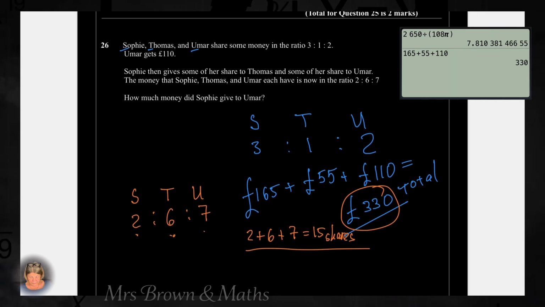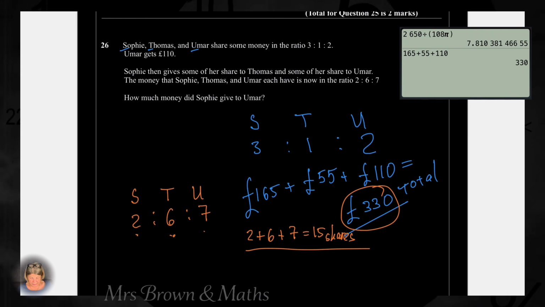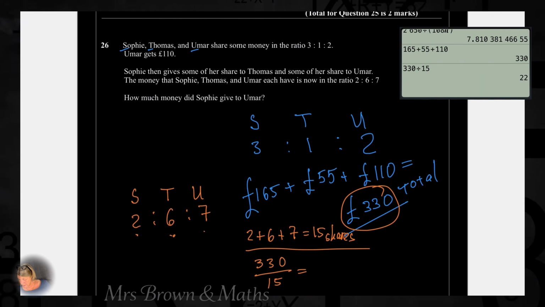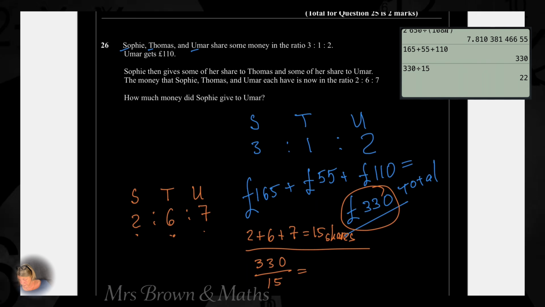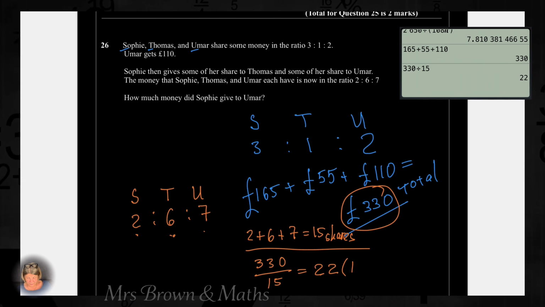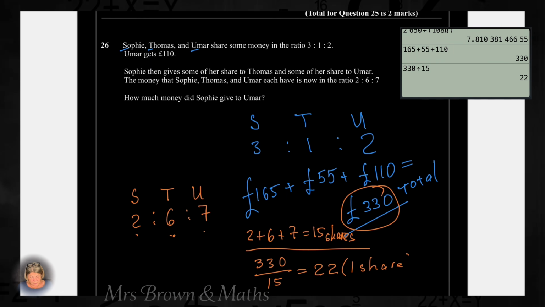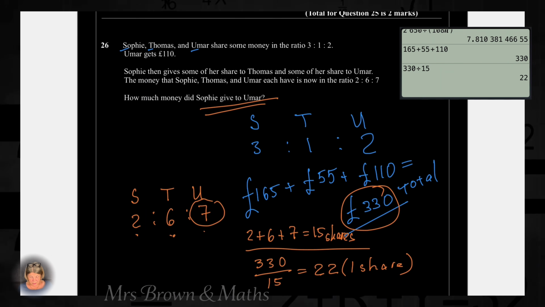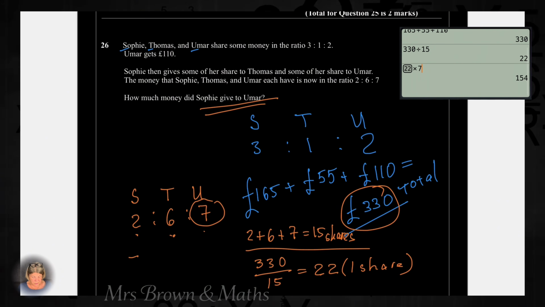So how to work out the value of one share? So 330 total divided by 15 shares. So the value of one share is 330 divided by 15 is 22. I would write here one share. Right. Umar, because we have a question only about Umar. Umar has now 7 shares. So 7 times 22 is